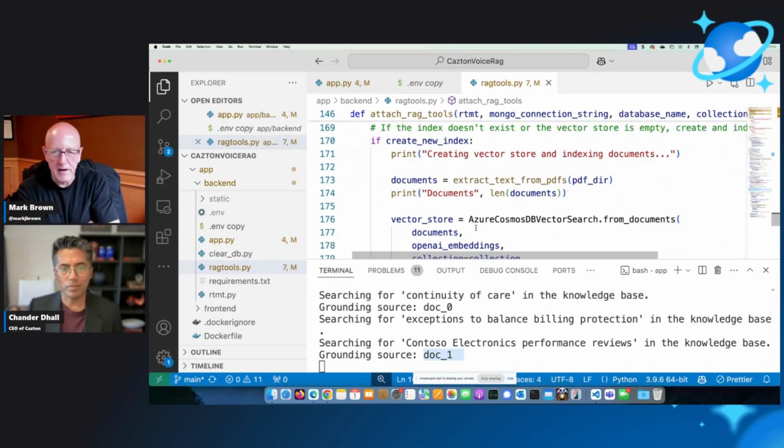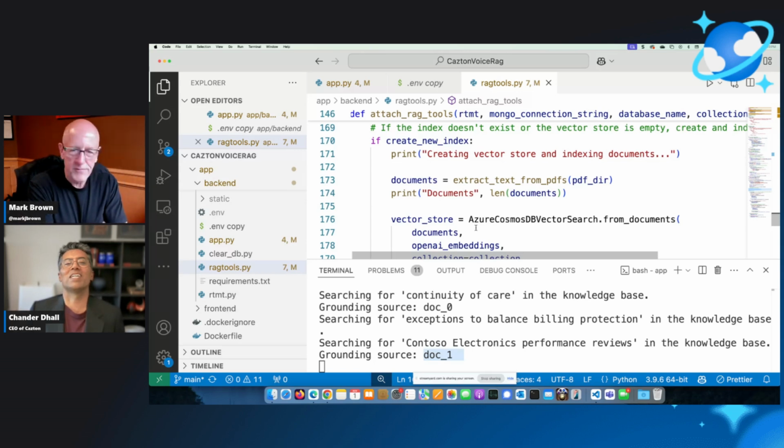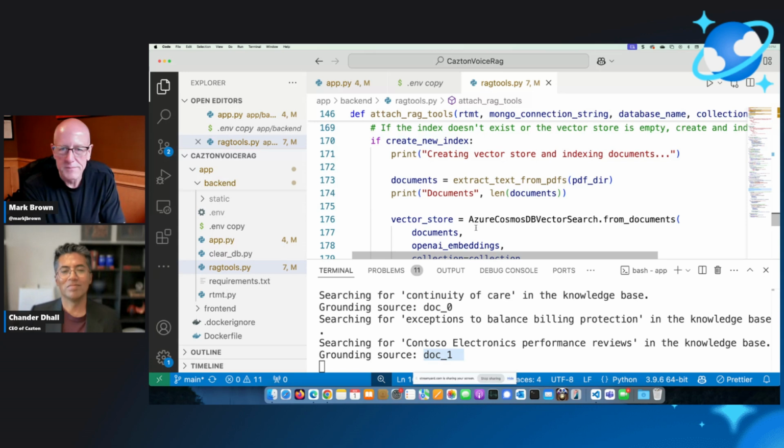As a developer, it's pretty big for me. I'm reporting a Mongo vCore sample I wrote over a year ago, using Ada 002, and that dimension size was 1536. It was using GPT 3.5. I wanted to upgrade it to GPT 4.0 and use text-embedding-3-large. Well, I started running it, and I'm like, wait a minute, I'm not getting any results. And I realized the default dimension size is 3072. I already had things baked in for 1536, and there's no way I'm re-encoding all my data for that size. That's insane.